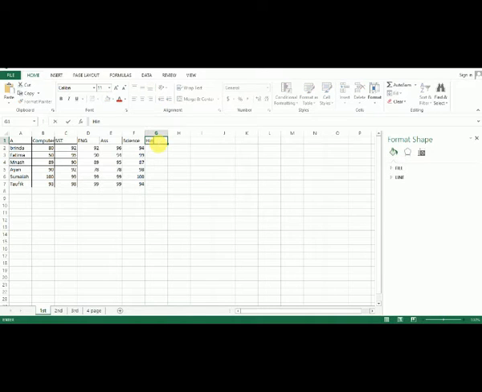Suppose the marks are 94, 95, 34, and 96.